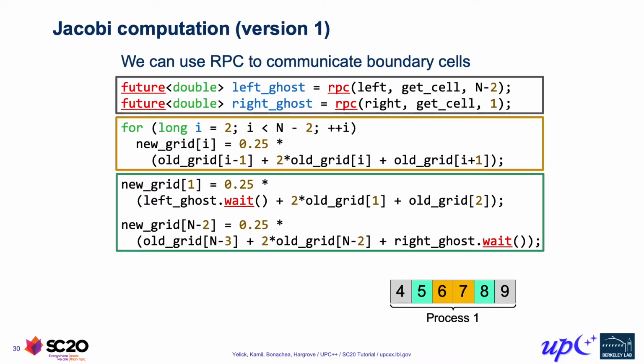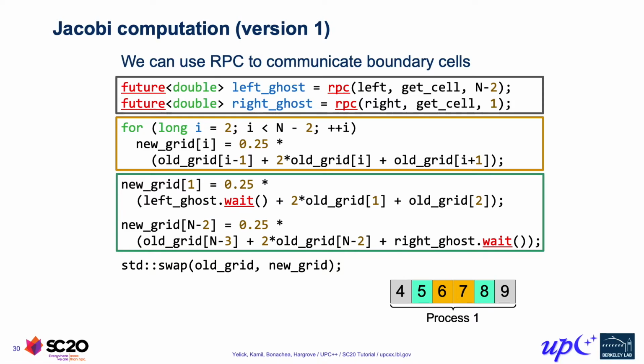I mentioned that this Jacobi computation uses two grids, one where it's computing the values of new cells, and then one where it has the values of the cells that were computed in the previous iteration. So one common thing that a Jacobi implementation does is just reuse those same two grids. Once we finish computing an iteration, it becomes the old grid. And then what was previously our old grid, we don't need that data anymore, so we reuse it for the new grid for our next iteration. So we do a swap here to swap those two grid pointers.